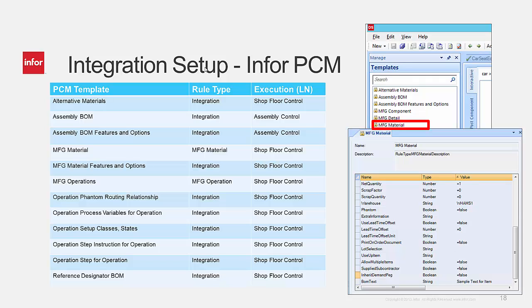Next to the setup within Infor LN for using the integration, users also need to be aware of the PCM functionality and also need to build in there the configuration models to be used. Once you start building the configuration models in PCM,